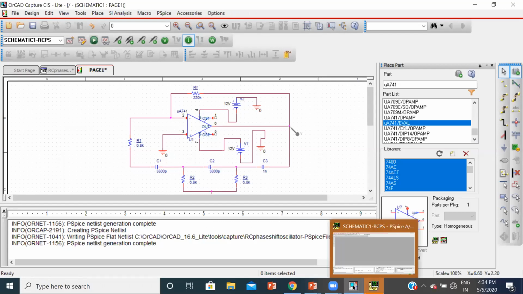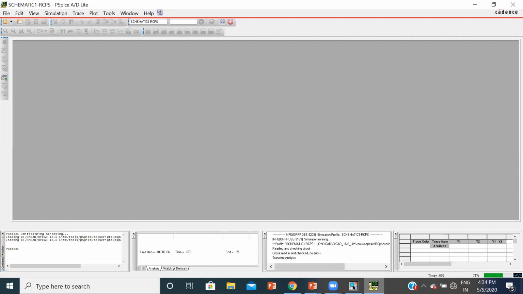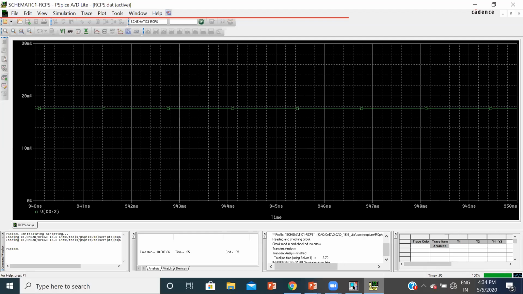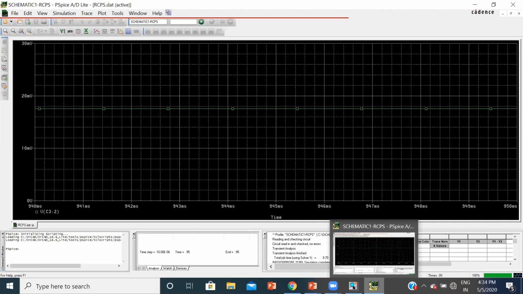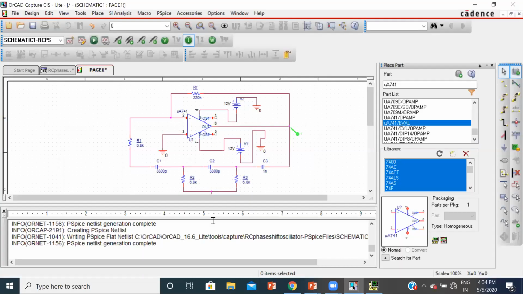There are a few corrections. See, the first pin and fifth pin are offset pins. These two pins we are not making use of. So you can place the no connection marker for these two. Then click on save and then run.